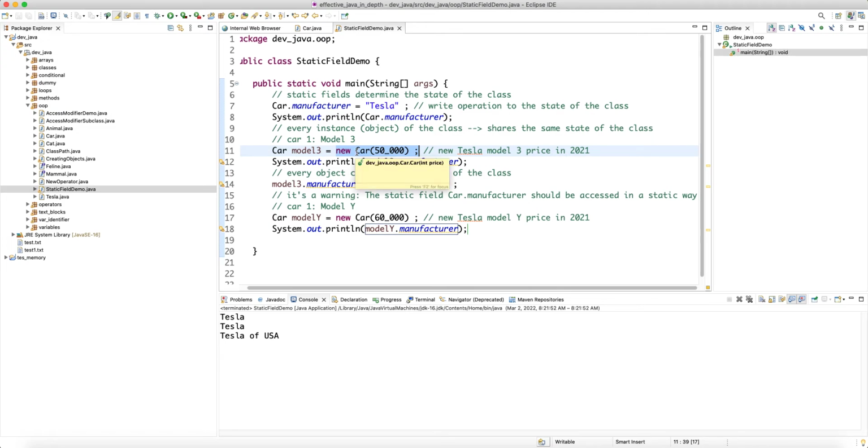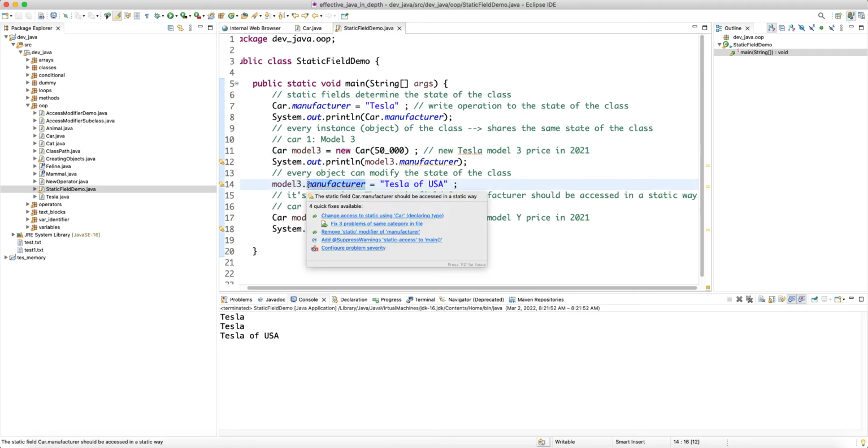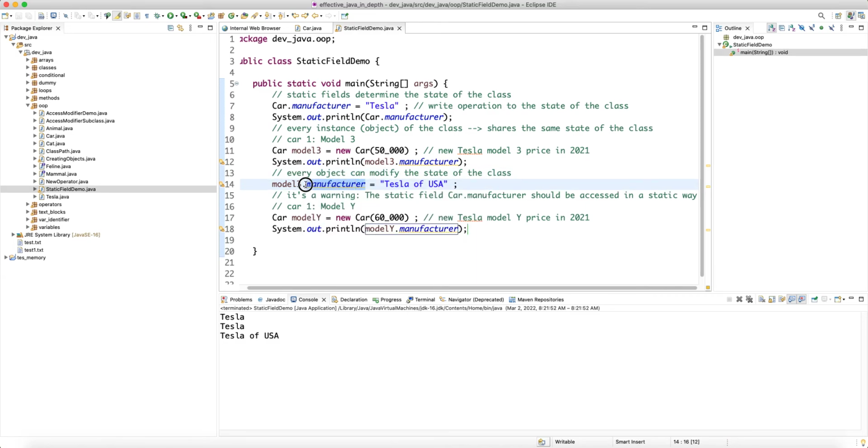Whenever you call the new operator, JVM allocates memory in the Java heap and then initializes the values, right? Puts the values of the fields in those memory areas. But static fields are not stored in that area that is allocated for the state of the object. So these are allocated separately somewhere else, and there is only a unique copy of this variable among all the